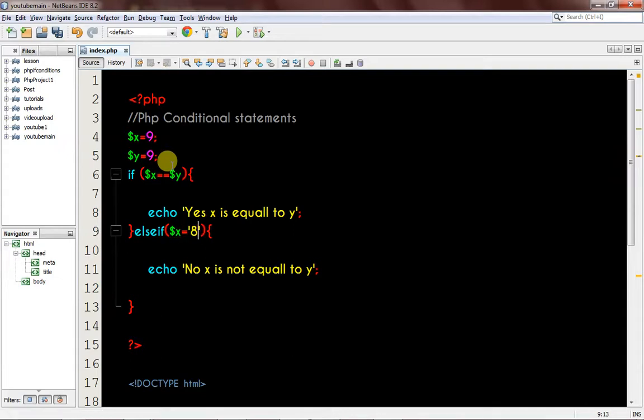Sorry, I want to use 8. So x here, I just want x to be 8. So I want to say else if x is equal to 8, I want to run this very line